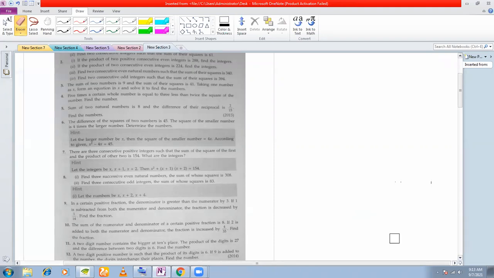Next, the question that we are going to solve here is number 5. Question number 5 here is: the sum of two natural numbers is 8 and the difference of the reciprocals is 2 by 15. Find the numbers. So I start by saying let